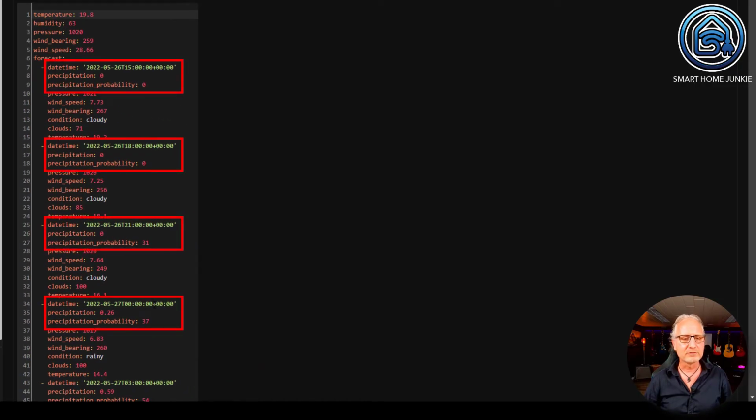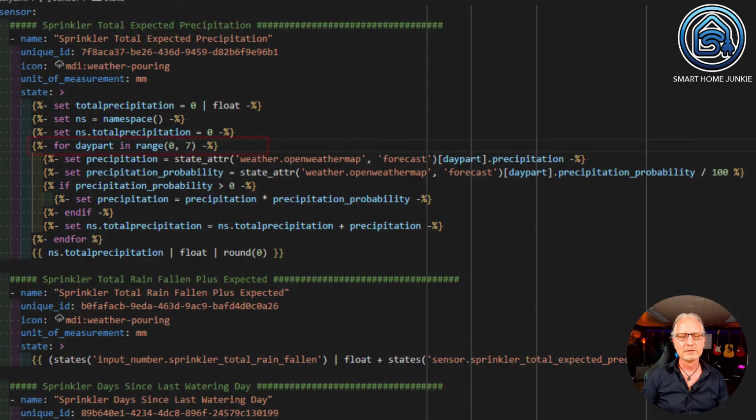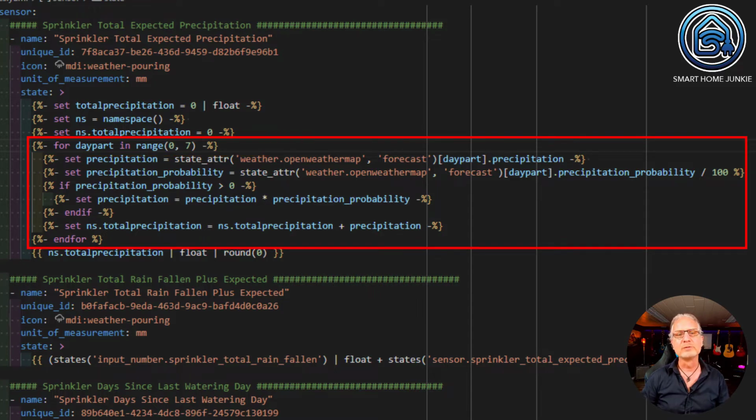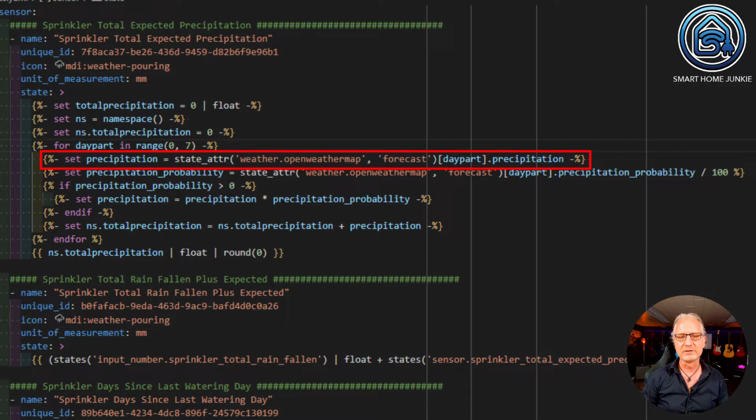And I have 3 hours every time. So let's say every 3 hours is a day part. So what you see here is that I have a day part in the range of 0 to 7, which is 8. 0 to 7 is 8. And each day part was 3 hours, as we saw in the developer tools. So 3 times 8 is 24, so that's 24 hours. So I'm going to loop through these 8 day parts